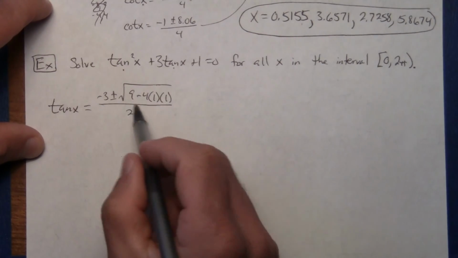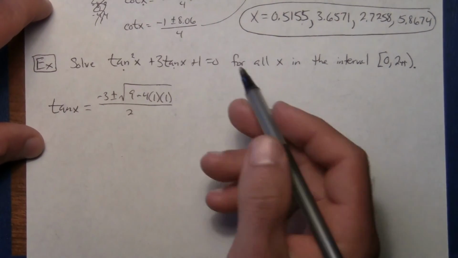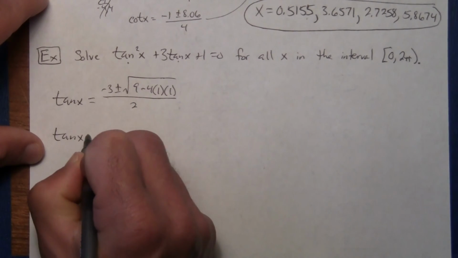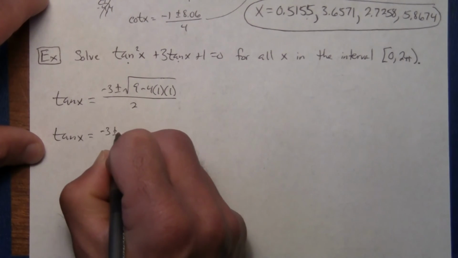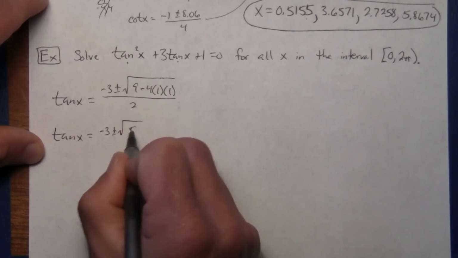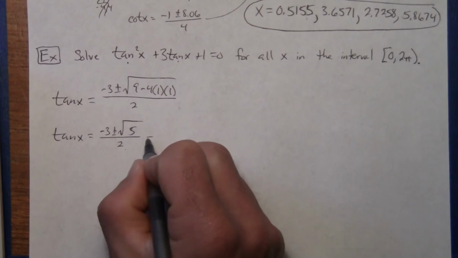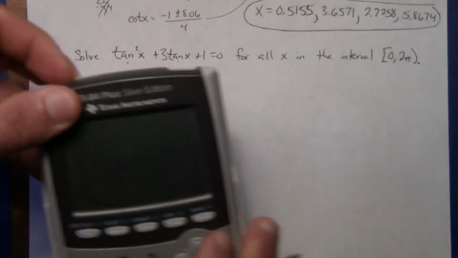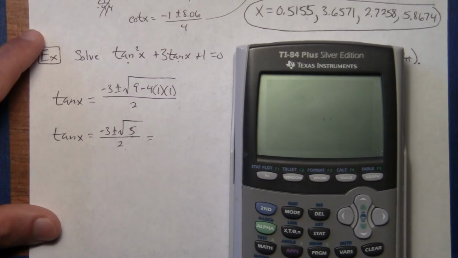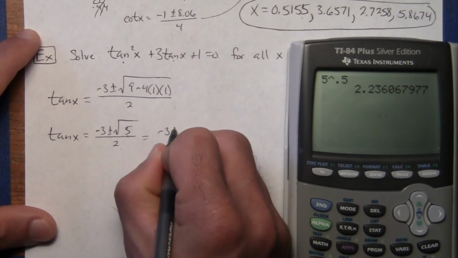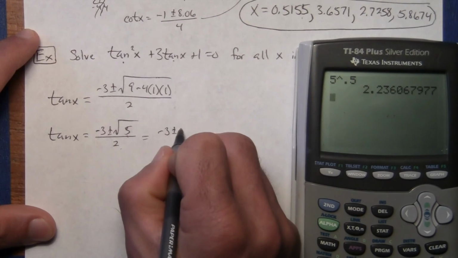Now, obviously, you're probably hoping that you get a negative number in the radical because then it's imaginary. You can stop and just say there are no solutions. But that didn't happen. So if I continue to calculate, I can see I'm going to get the square root of 5 over 2. This is one of those times where I don't actually want to simplify this with a radical. I would like to know what that is as a decimal. So I take the square root of 5, and I end up with 2.24, let's say,